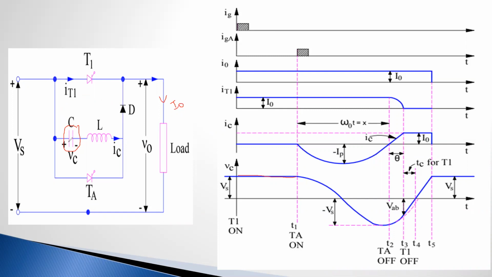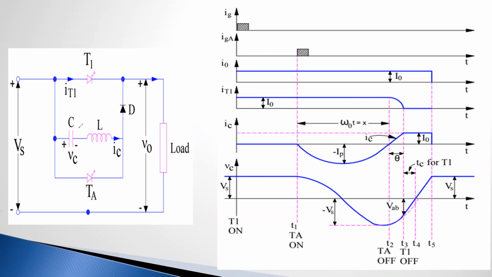Next, the capacitor current can flow through this direction from the positive terminal to this terminal. Can it flow? No, because TA is in off condition. TA is not turned on here, so it is an open circuit. Here also the capacitor current is not flowing through this circuit or through this circuit. It is clear? Means the capacitor current is 0. The capacitor current is 0, but it is fully charged. It will act as open, the battery terminals are open, no load is connected. Clear?